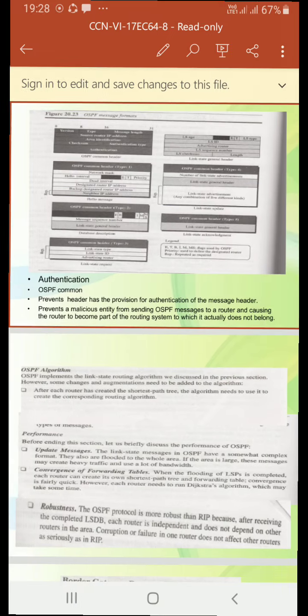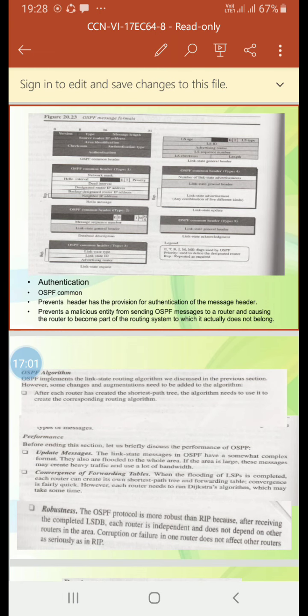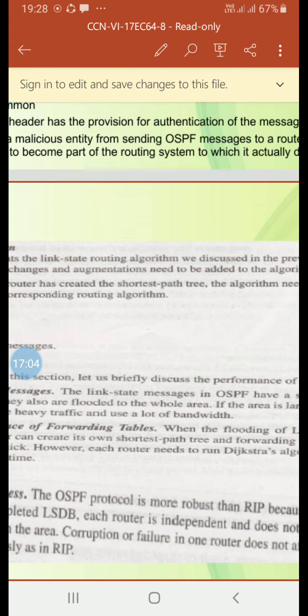The OSPF algorithm implements the link state routing algorithm which we have discussed in the previous section.